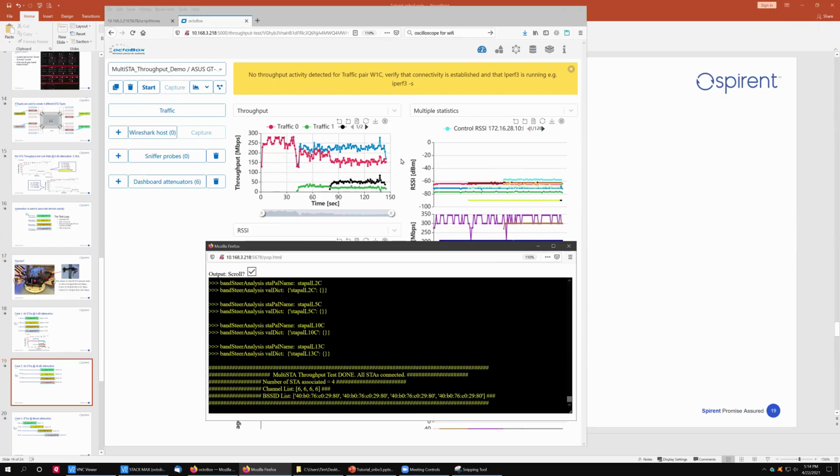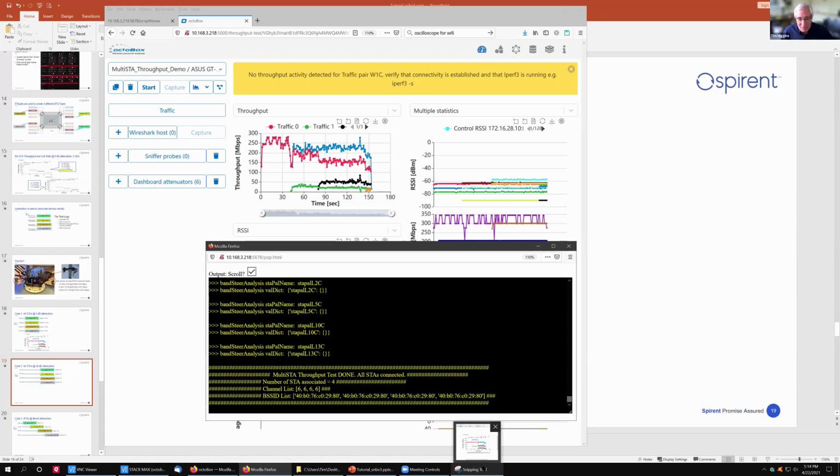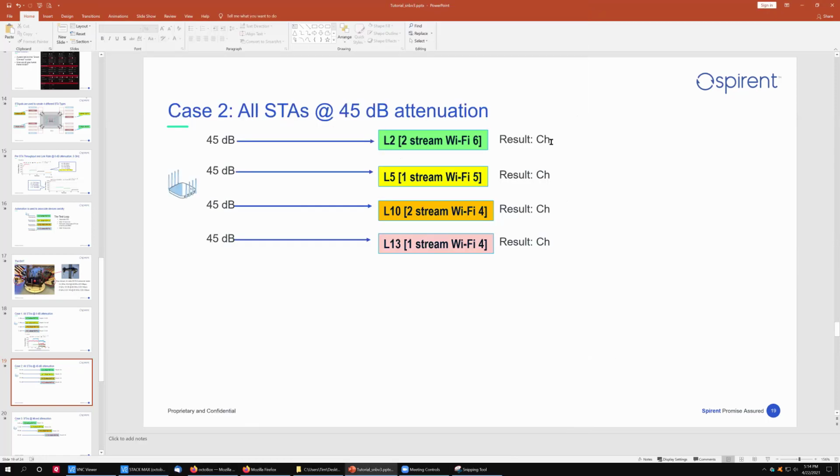There are a couple of questions, by the way. Our friend Craig Smith is around. Hello, Craig. He asked, is the 2.4 gig channel 20 or 40 megahertz? It was 40 megahertz, correct? 40, yeah. And then we have another question on the chat, or more of an observation: it seems like load balancing is not happening.